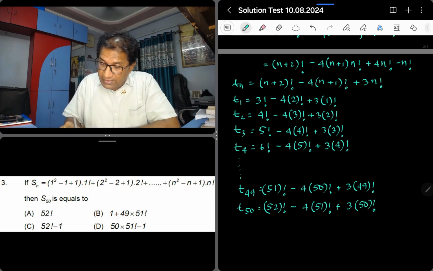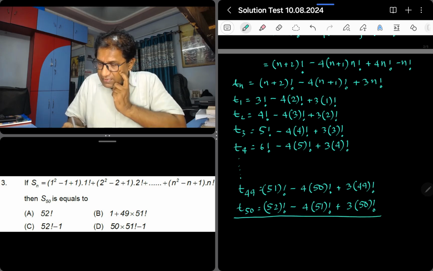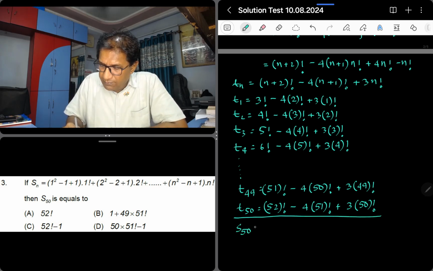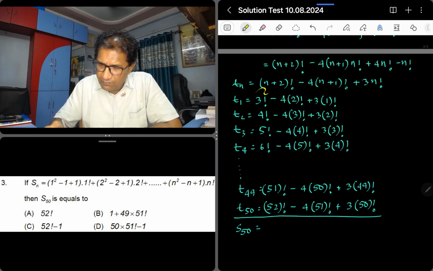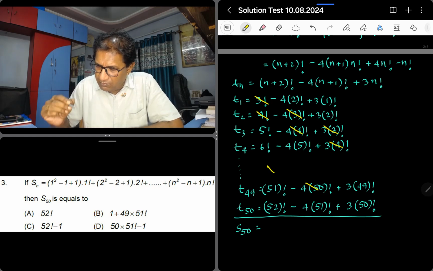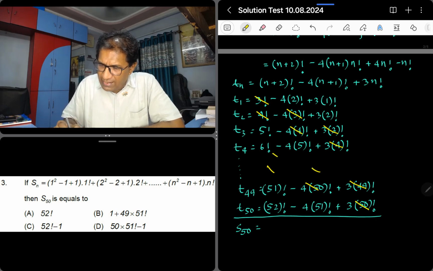Now, if I add the corresponding sides, in the left hand side we are going to have S50. And in the right hand side, see this one. If I add it, this part will get cancelled. Root factorial 3 minus 4 factorial 3 plus 3 factorial 3. Again, similarly, 4 will go off. And this thing goes on. Similarly, this will be cancelled with the previous term, which is here, with this one. Okay? And then again, this part will definitely get cancelled with the previous two terms, right? So we will be left with